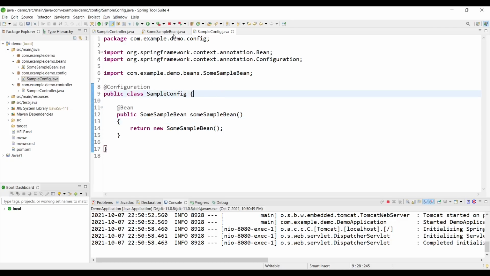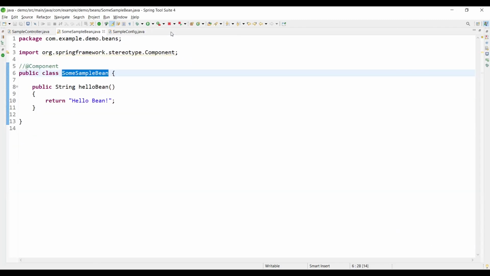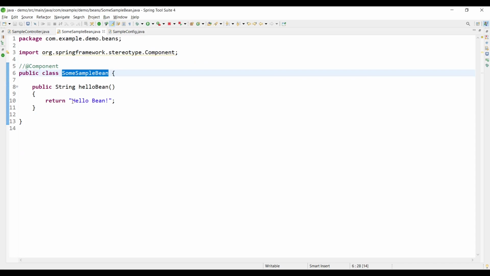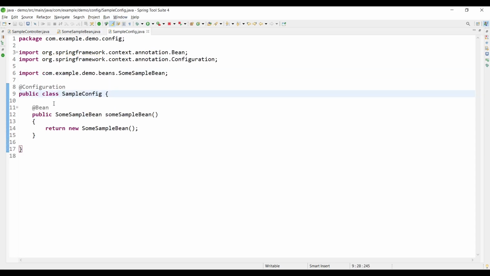Finally we know what a bean is. So why would you need to create a bean? You could have done that with @Component here. For this example it's true, but sometimes we'll need to create some beans or objects by ourselves. These are helpful for configurations. One of the best examples of this is data source configuration. If you want to configure your data source by yourself, you would add a @Bean annotation here and write your data source configuration here. That's one of the examples.